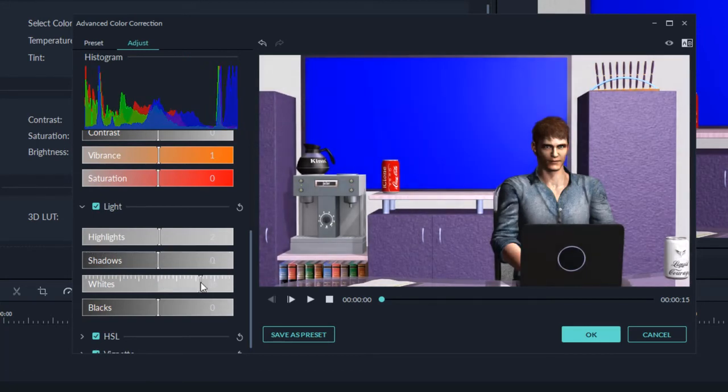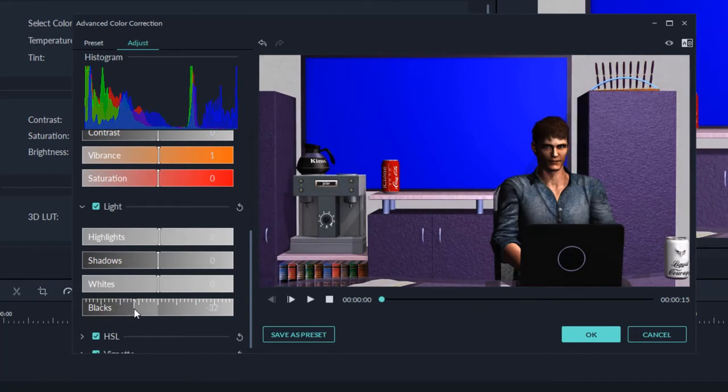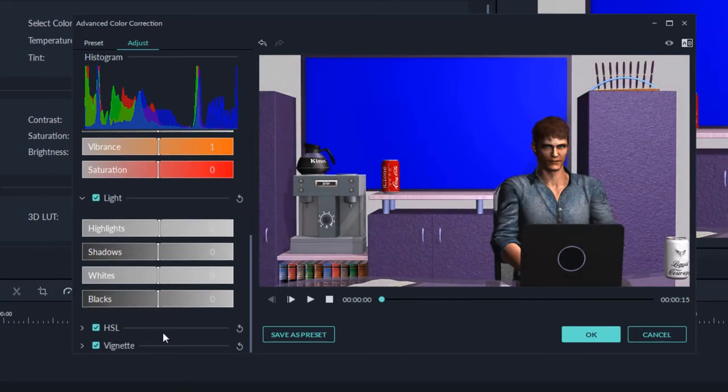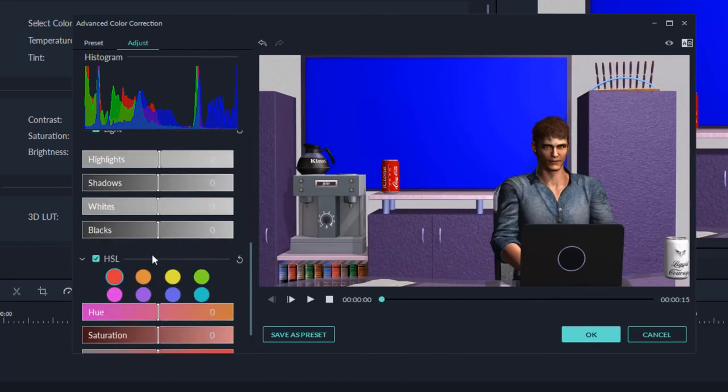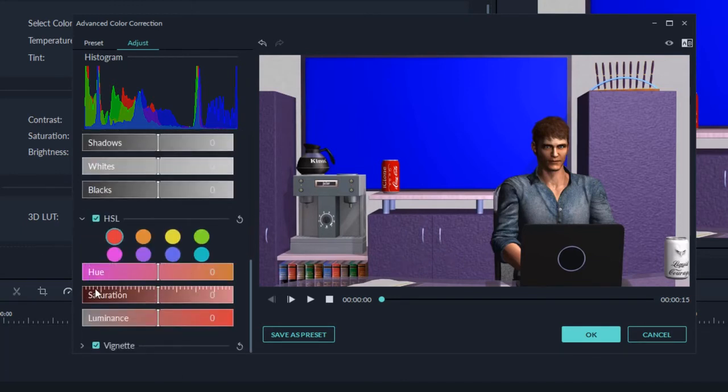Whites is to enhance whites, right? And similarly blacks. If you move towards the right, it increases the brightness of that portion, and if you move towards the left, it decreases the brightness of that portion. Now coming to HSL. If you want to affect a specific color, for example, I'll take this purple here, I'll click on this and change the hue.